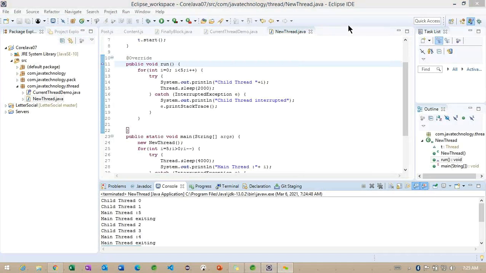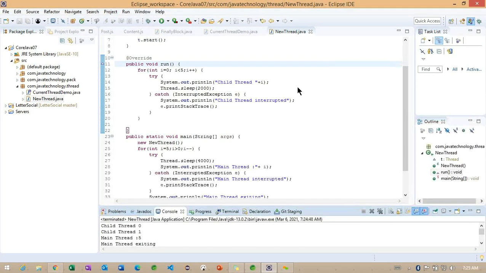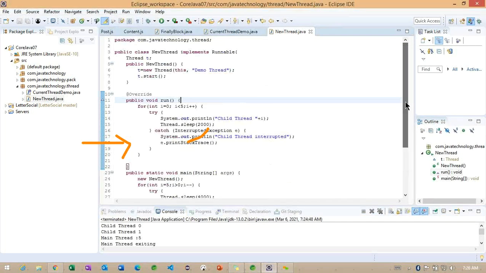To make sure what we are doing internally, if I want to explain here, first this particular constructor will execute. Once this constructor executes, where will it go? It will go to line number 5. Getting the point? Internally we are creating one thread object.